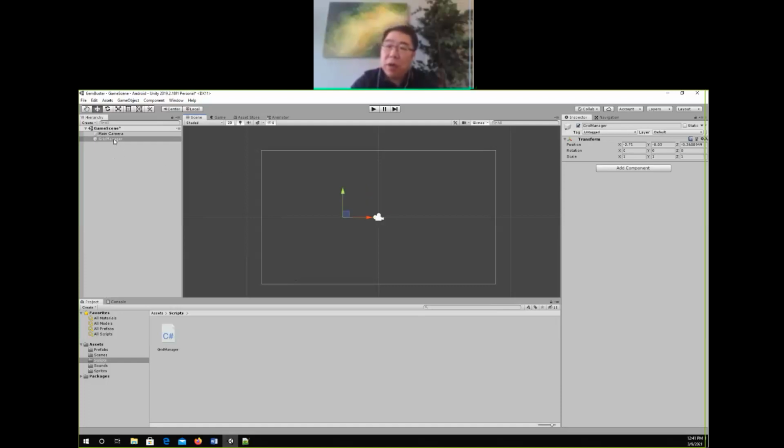Now the key is we want to attach the script code we created. There are different ways of doing that. One way is, with the grid manager selected, go to add component and choose a script, and then you can attach it to the grid manager. Or you can directly drag, with the grid manager selected, your script from the asset folder and release. Make sure that you attach this script code to the grid manager object, not another object. Okay, with that, we can go ahead to